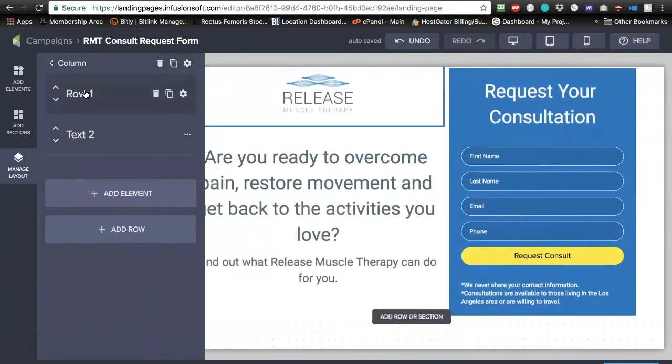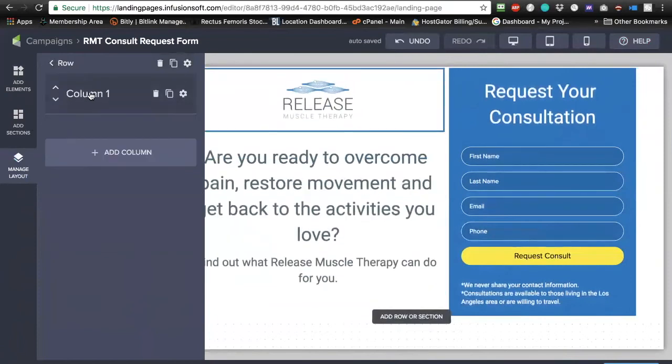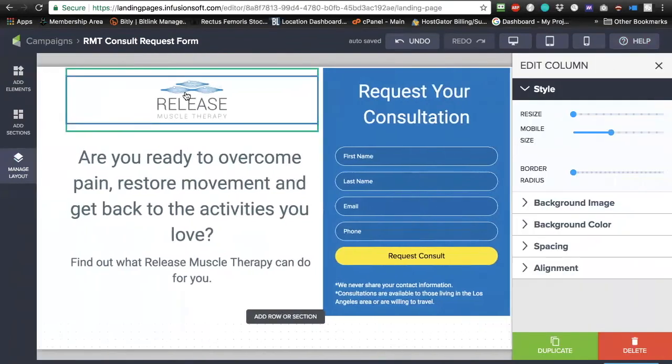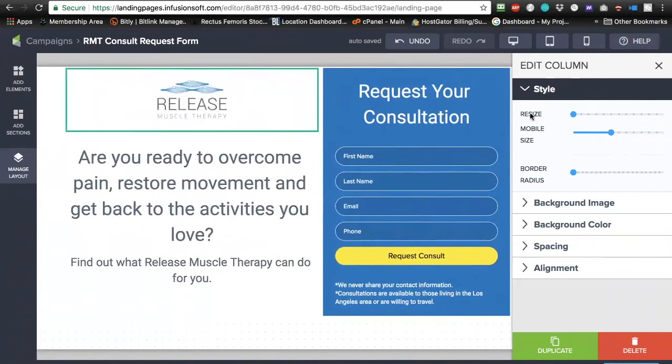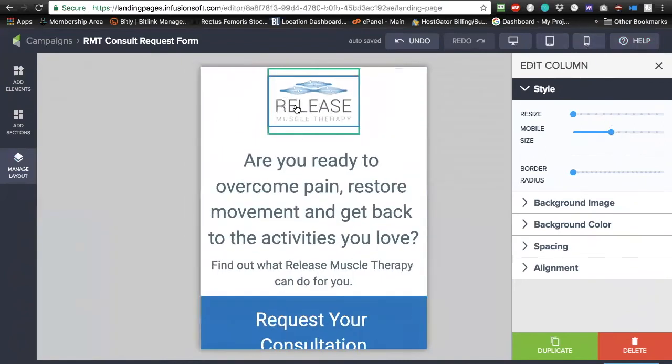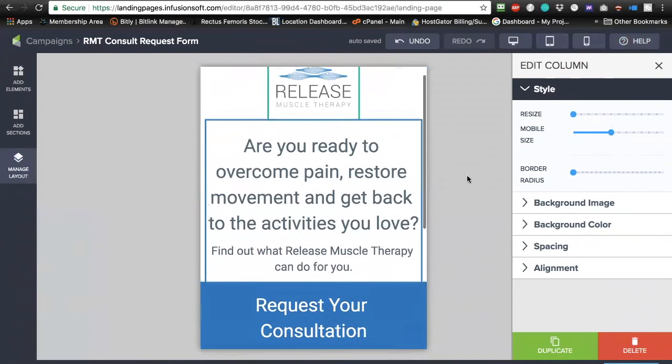So that's all we did, we added a row, and then within that row we created a column. This column is fluid, meaning it's 0. So we kept it fluid on a regular desktop, but on a mobile device, we gave it a specific size, the size that you want the logo to appear on a mobile device. The best way to do it is by constraining the logo's width inside of a column and giving it a fixed column size. You know what I mean? And this will make sure that